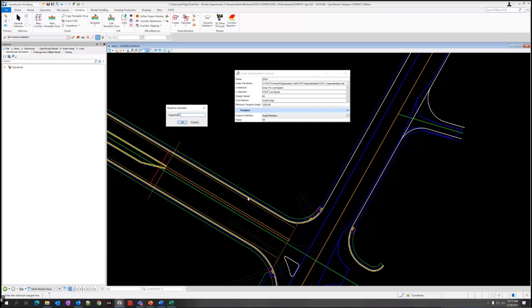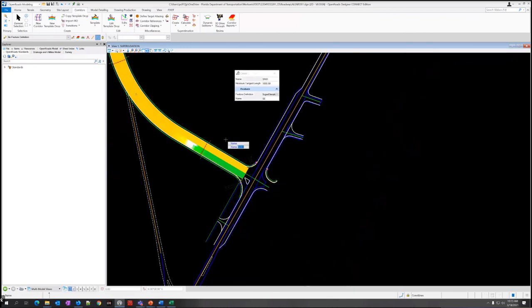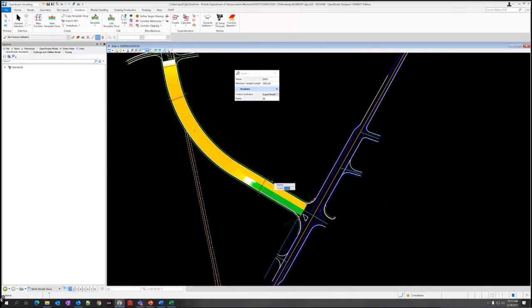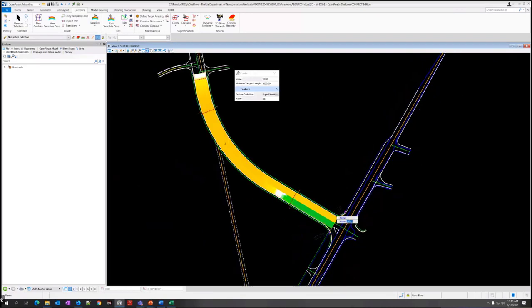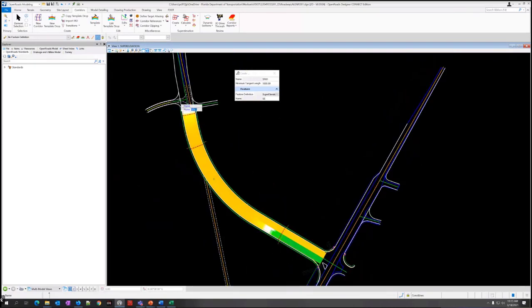So if you were to measure from this UP to this EUP, that's the figure we'd get. So I'm just going to type in 80. Hopefully it's right because I can't see it. And click OK on that runtime variable. And then it built the sections. There they are. Now it does cut them short.